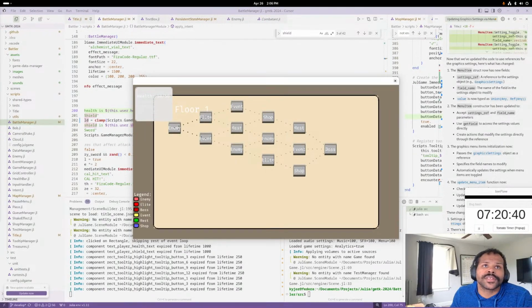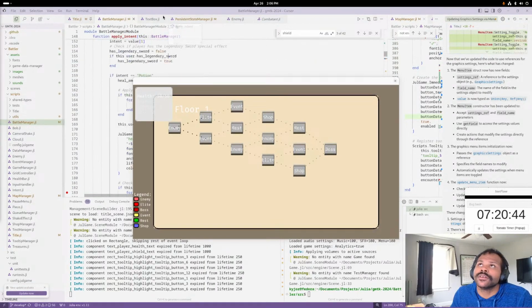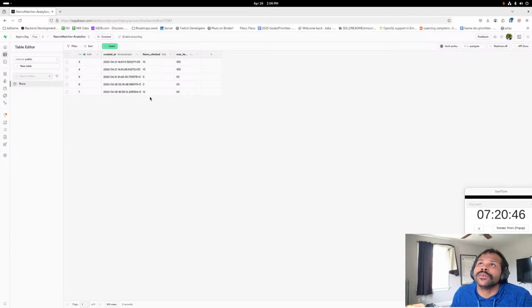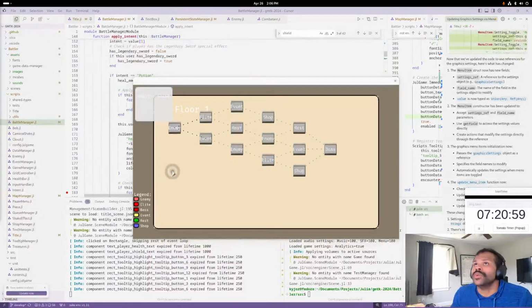I want to send some information about their run to a database. Yeah, and it just sent. So I have basic data, literally just basic data right now: forest climb, max health, and then I'm going to have a bunch of other, obviously more telling stuff. But what I'm actually supposed to be working on, which I'm getting distracted from,